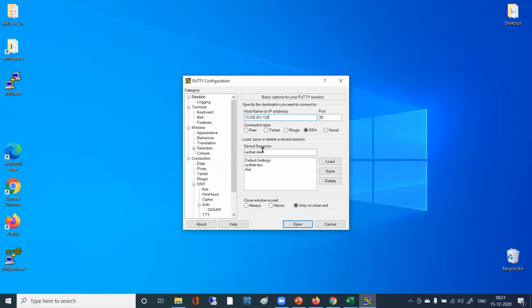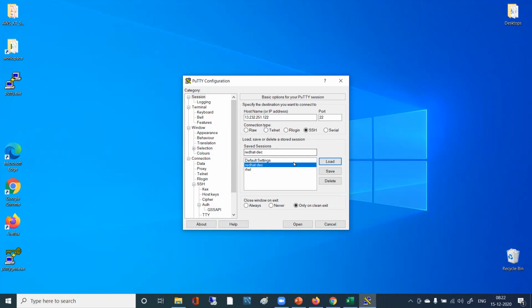I'm just saving it. So for this particular session, at least until my public IP changes, I will have this session, and anyway the key is going to remain. Next time I come, I select this and say load. So that key, this IP, my font size and whatever features will get loaded automatically. Every time I don't have to do all those things, I just have to change the public IP. If my EC2 instance is shut down, the public IP will change, so I just have to change the public IP. Remaining things are the same.